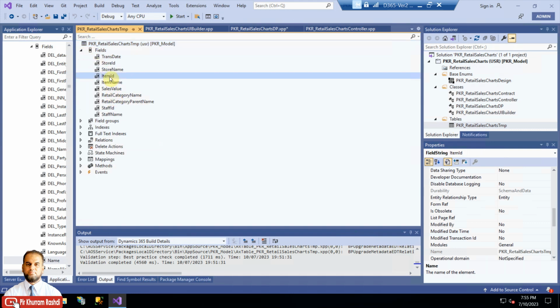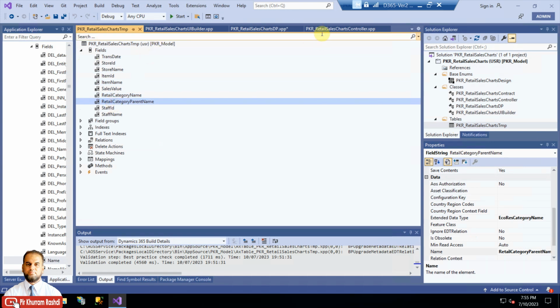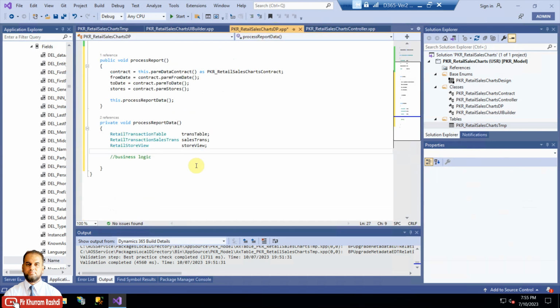So here we have item ID, item name, and then we have category name and parent name. So for this I will need also invent table expanded view. Okay. Then transaction date I will require for date manipulation, and also the